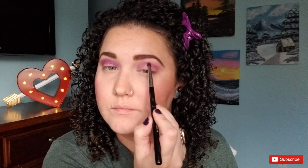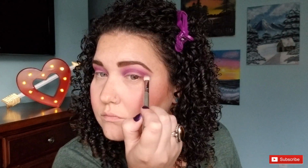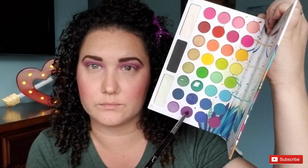Now I want to intensify the crease even more, so with a pencil brush I'm going to pick up this darker, deeper purple, pat it on first, and then sweep back and forth to blend it out. Using the pink shades from before, I am blending out the purple edge. Now, I felt like I needed it more intense, so that's what I did. I took a medium shade of purple, intensified it even more, blended it out, and moving on to the smoky